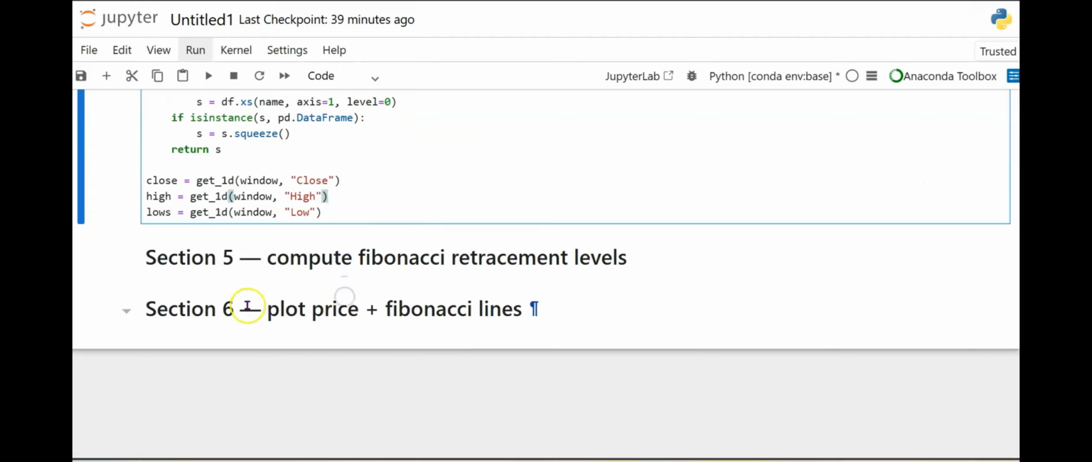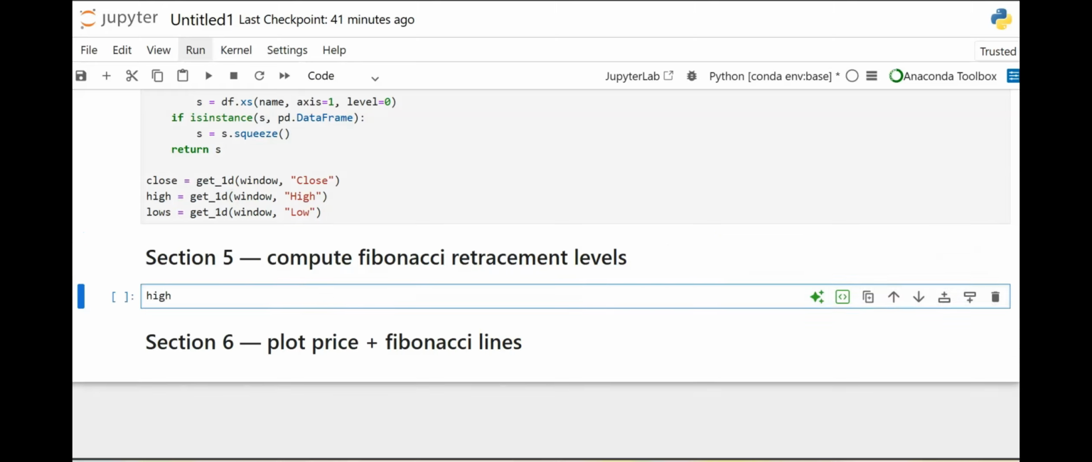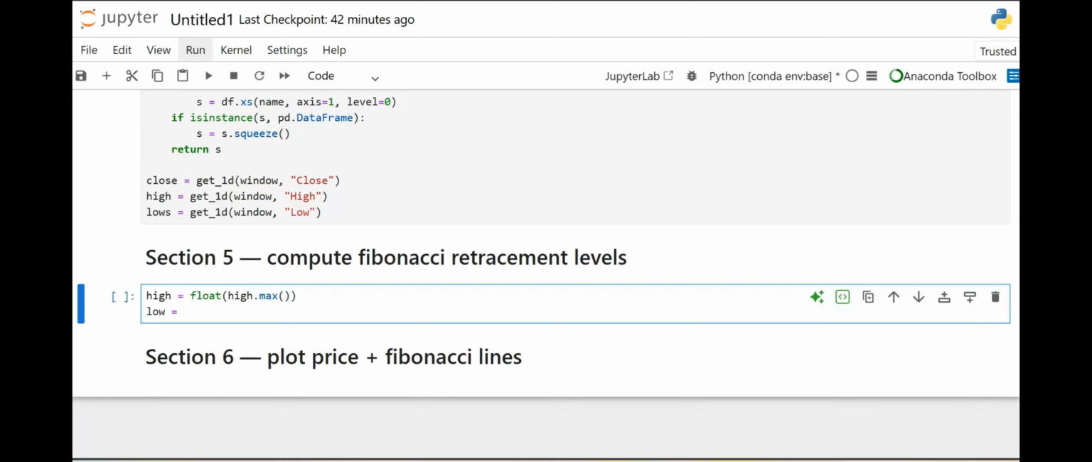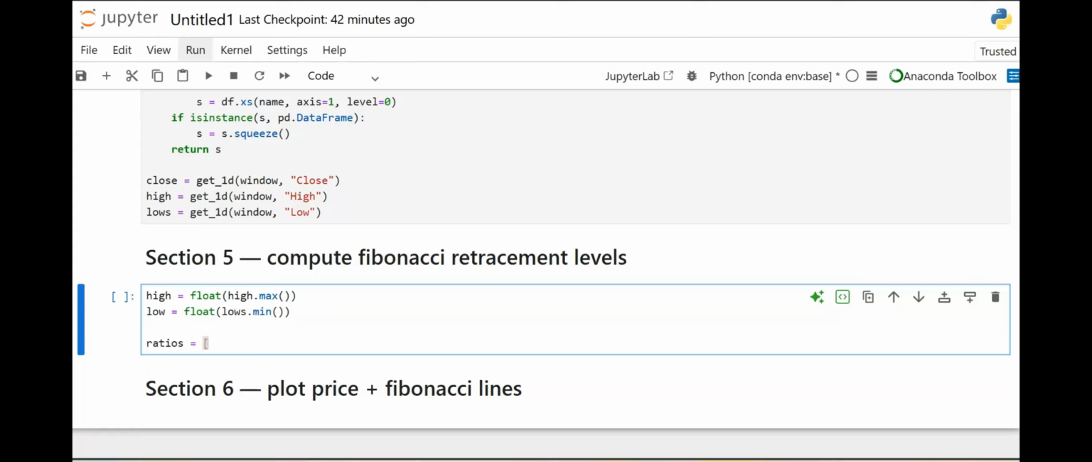So now in section 5, we're going to compute Fibonacci retracement levels. I will add another cell here. Fibonacci retracements are percentages of the move between a recent high and low. We'll use the common levels: 23.6%, 38.2%, 50%, 61.8%, and